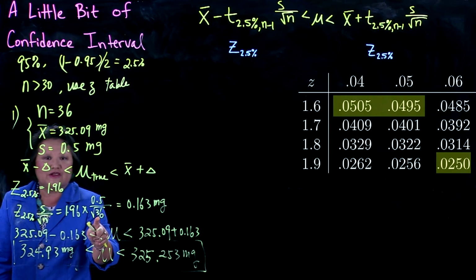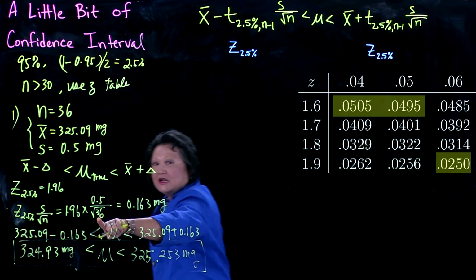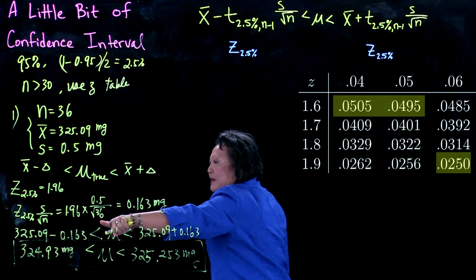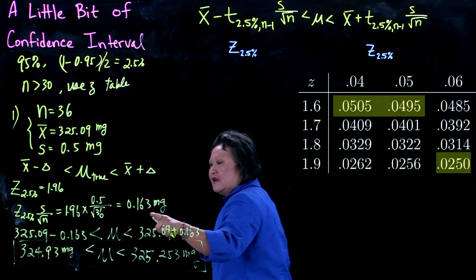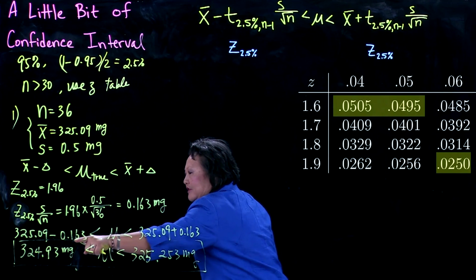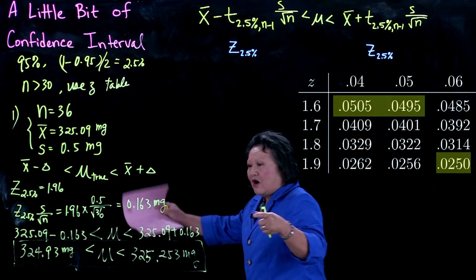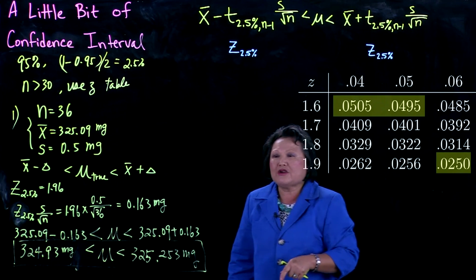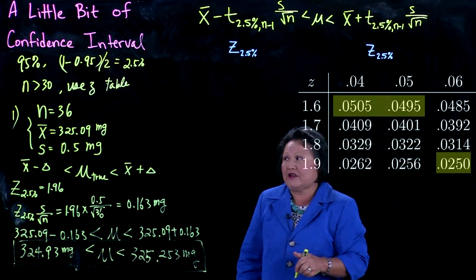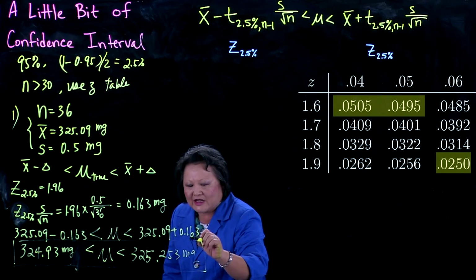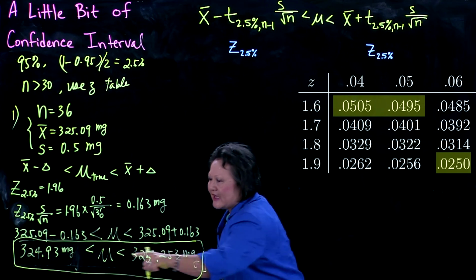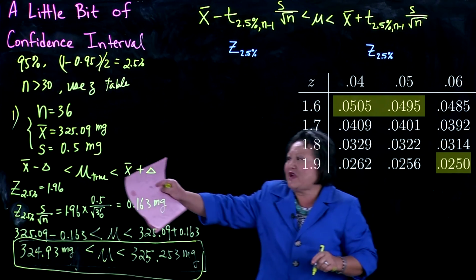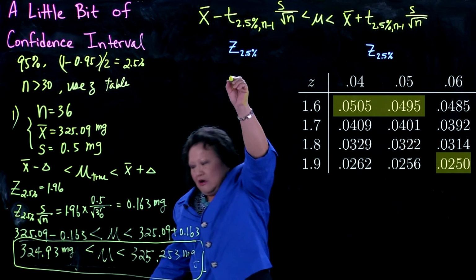Well, if it's too big, what do you do? You increase the sample size from 36. If you multiply it by 4, that's 144, then you reduce this interval delta by half. So this becomes 0.08, and the whole thing shrinks down a bit. That's how you control the confidence interval through the sample size. So this is our confidence interval, ladies and gentlemen, the so-called confidence interval for the population mean, based on X bar, S, and so on. Okay, so now